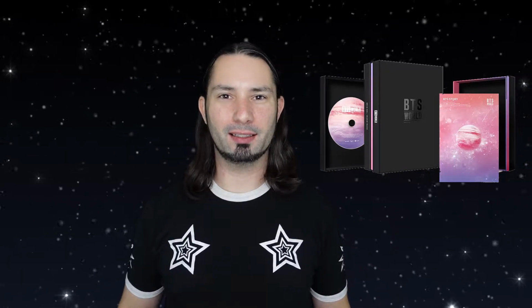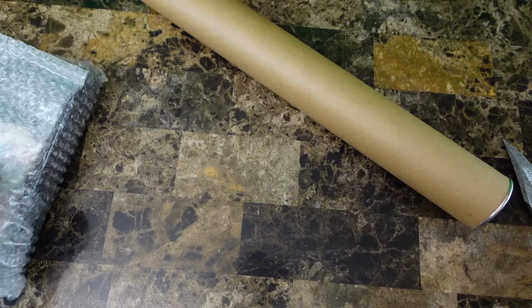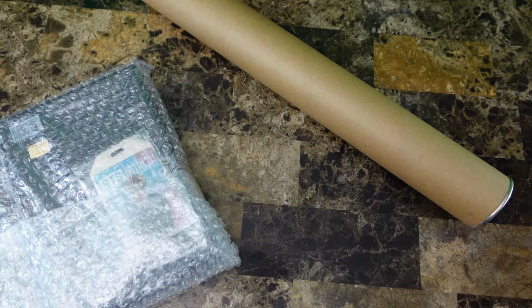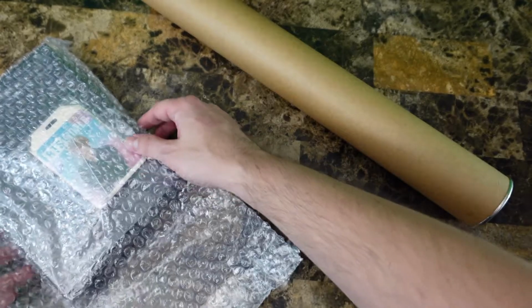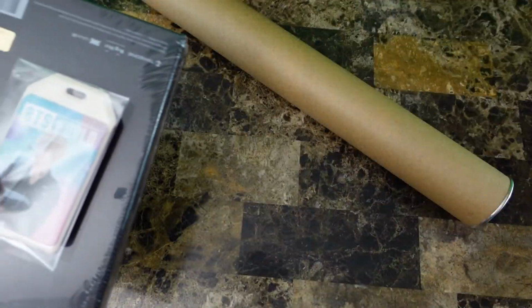So today we're going to be looking at some BTS unboxings. Let's get to it. Looks like it comes with a poster. I order all my stuff from the official Big Hit shop wherever possible. If it's Japanese, I usually have to go to CD Japan. This has a BTS World luggage tag, so I am guessing this is the...